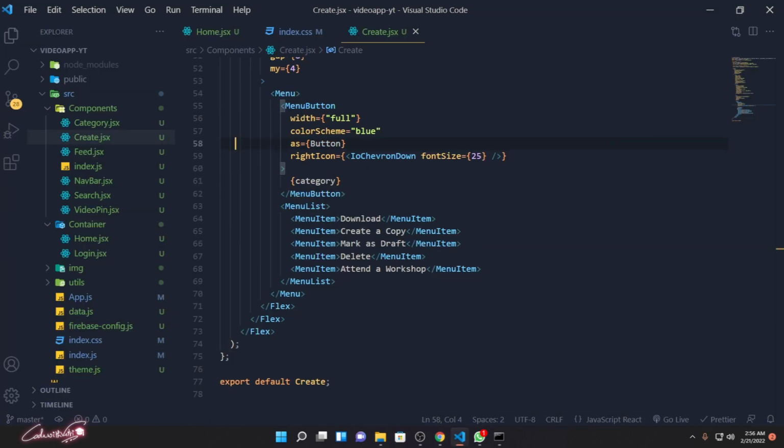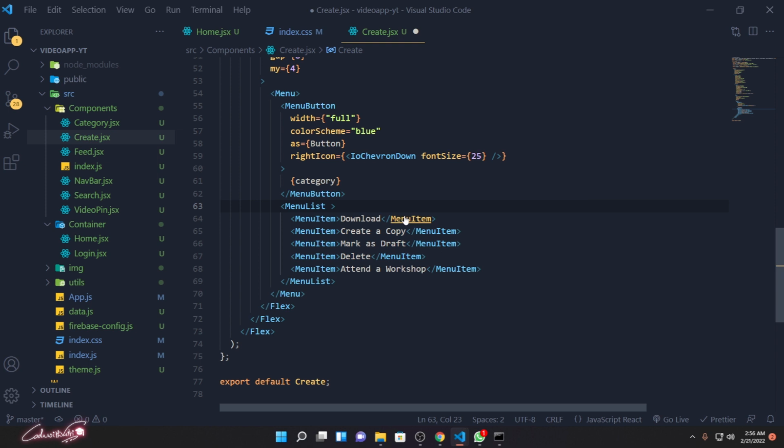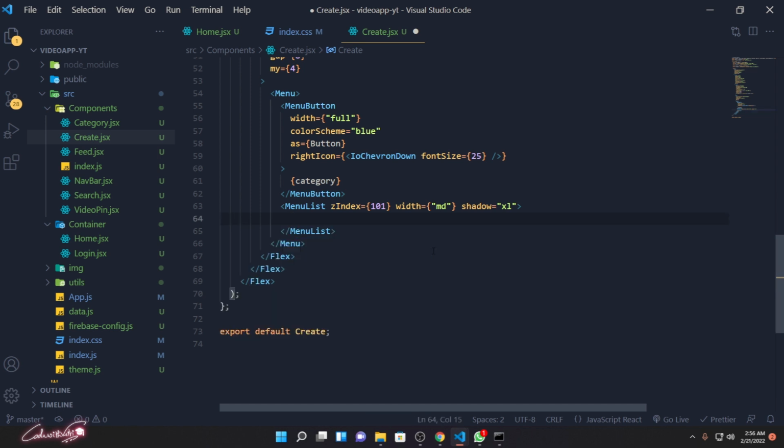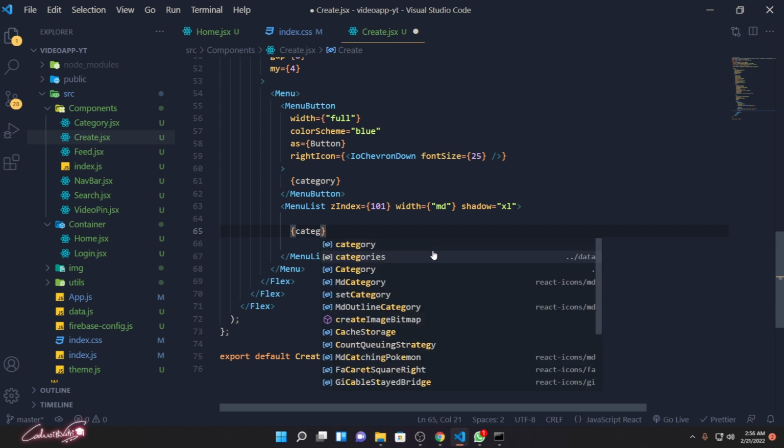Now inside this menu list, we need to add a few more styles like Z index, width, and shadow effects and all those things. Just add these styles. Then we need to iterate through the menu list. So instead of this menu item, close this, I'm going to iterate it. So categories